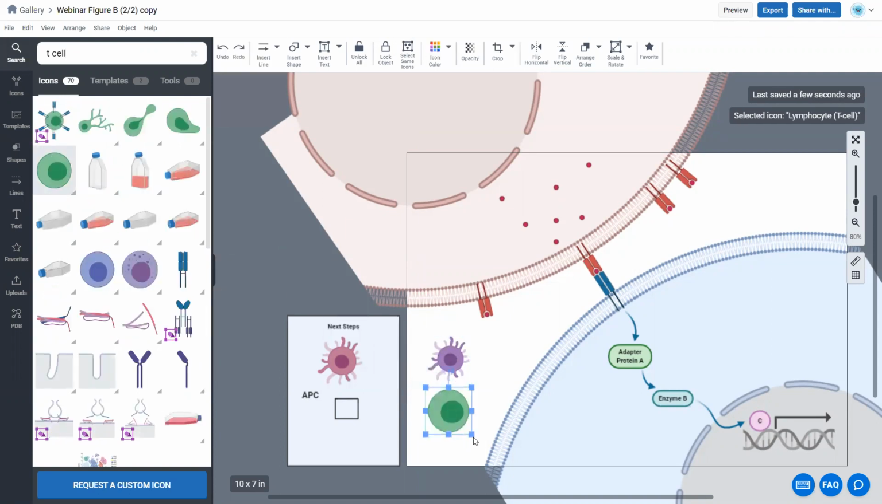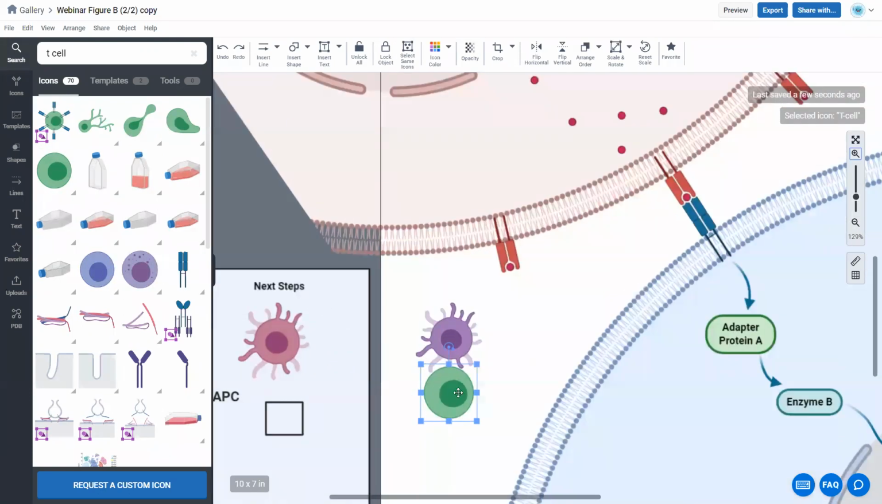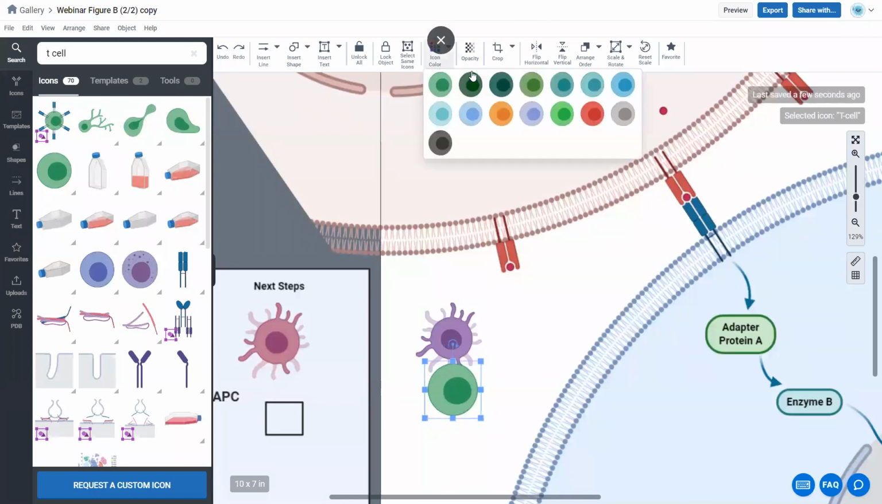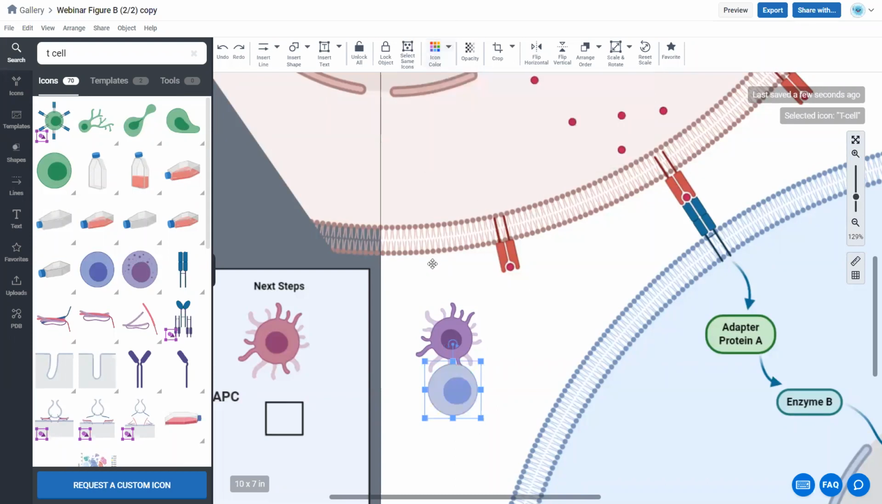And the point of this, I'm going to shrink this a little bit, is to make an inset that helps the reader or the viewer of your figure orientate themselves and understand the context. And it doesn't have to take long. As you can see, I just drag those in a few seconds, change the icon color below to match the